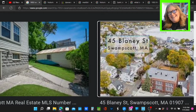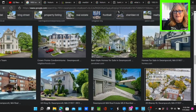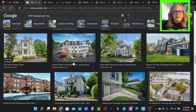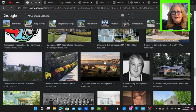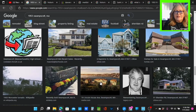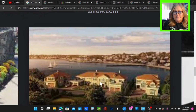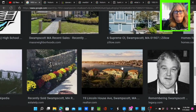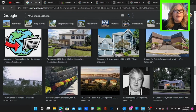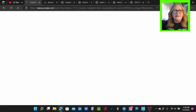Okay. Sorry, guys. This is one area of Swampscott. It's very picturesque, you know. Look at the old buildings and whatnot. Love all these old Victorian homes. That's pretty right there. Let's see if we can have, oh, we have success. I wish it was not fuzzy. Anyway, so then there was the